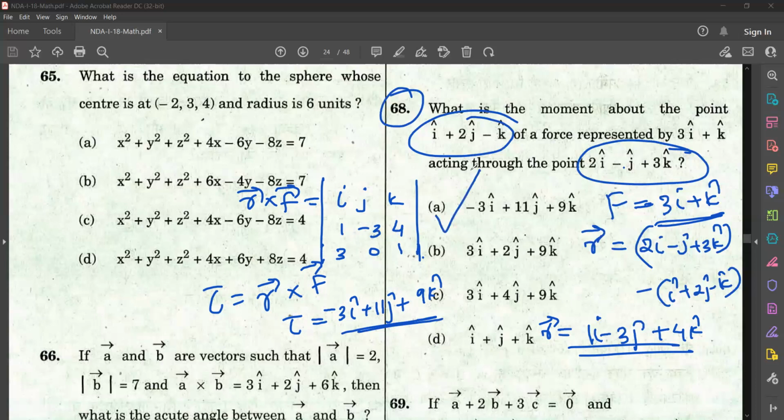So this is a little bit tough question since we are having a formula from physics. That is the formula for finding the moment about the point. Moment is actually tau, that is r cross f. So you have to understand what r is, then only you will be able to do this. Please copy down this. Very rarely they are asking such kind of questions combining maths as well as physics. But mark this question as important with some sign like this so that you can revise before going for the exam.